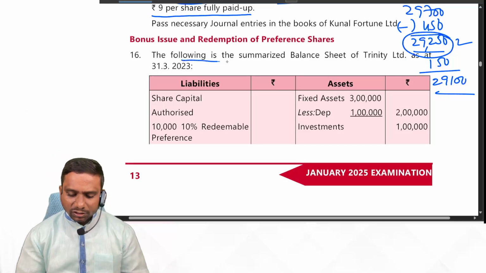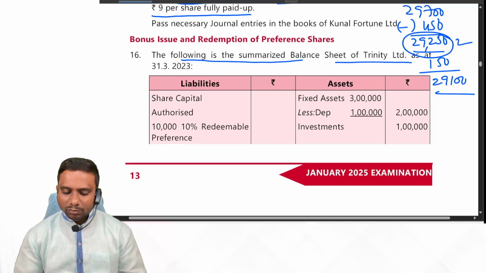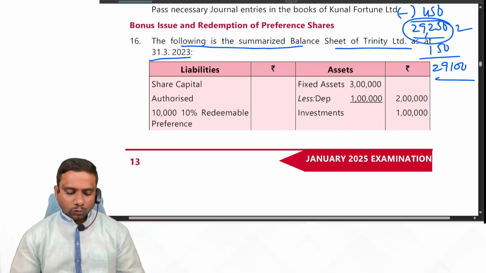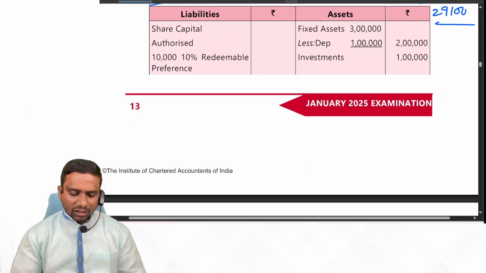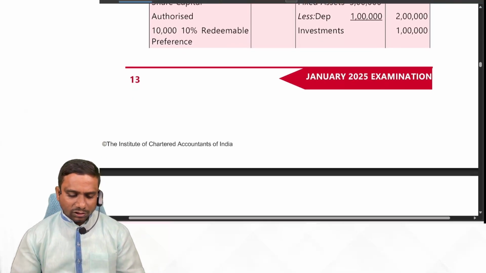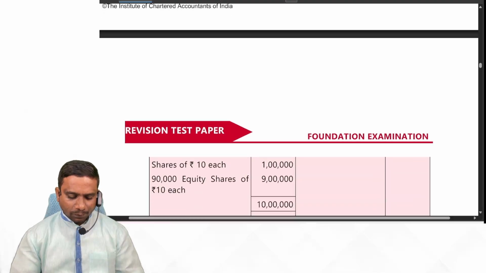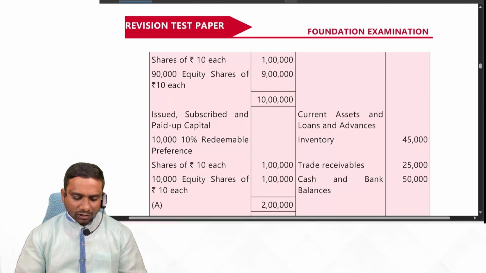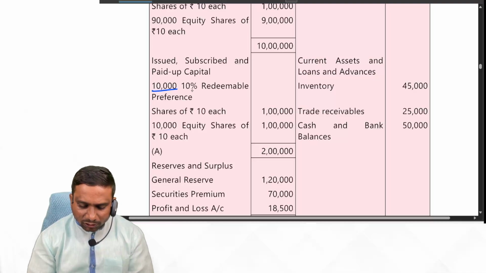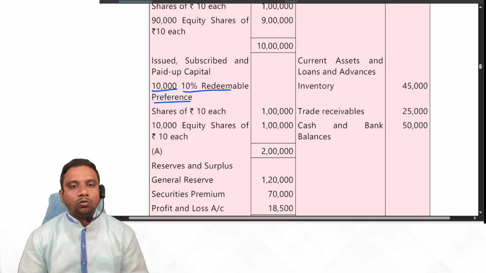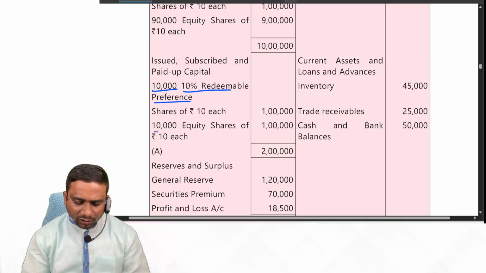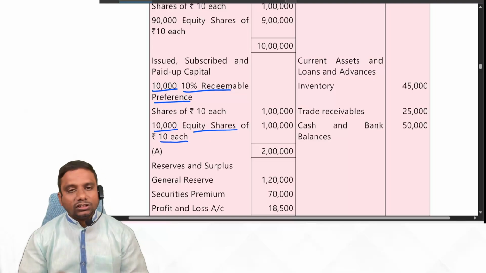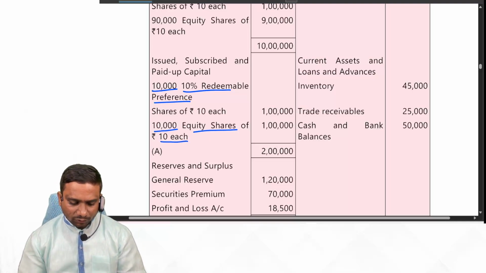Fine. The following is the summarized balance sheet of Trinity Limited as at 31st March 2023. So here we have share capital authorized: 10,000 10% redeemable preference shares and 90,000 equity shares. Okay, total 10 lakh. Subscribed: 10,000 10% redeemable preference shares fully paid up, 10,000 equity shares of rupees 10 each fully paid up. Okay, total